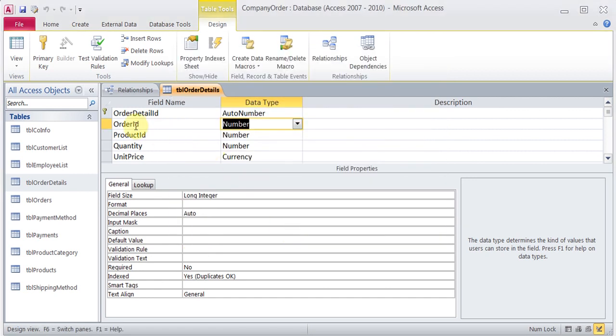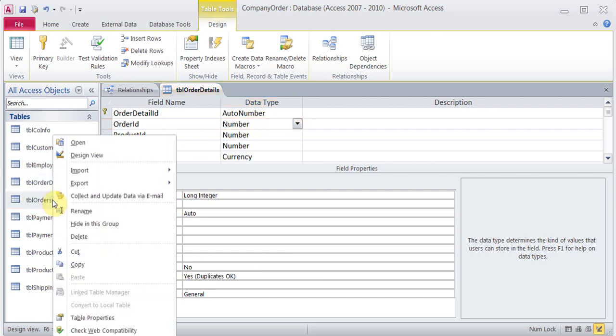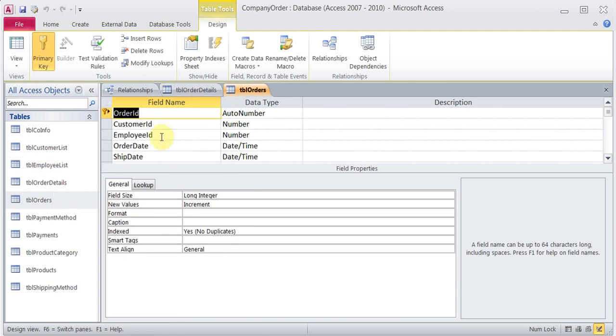All you have to make sure is that the order ID here, the data type is number, because in my table orders, I'm going to right click here, go to design view, order ID is a number, so the data types have to match, otherwise you will not be able to create